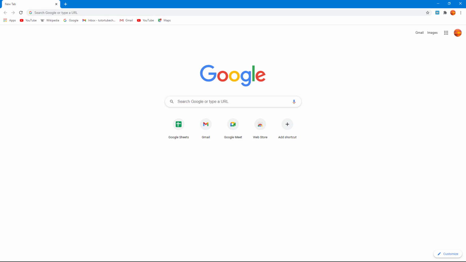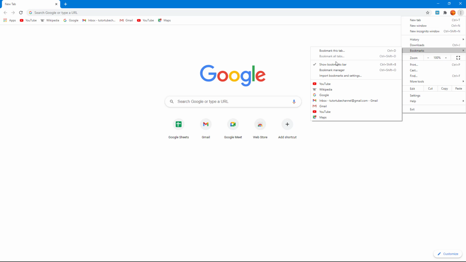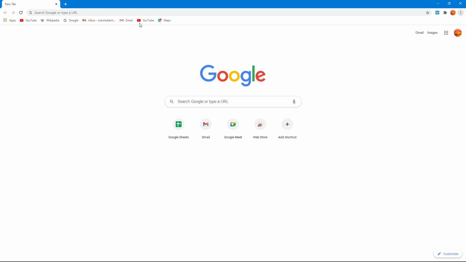If you want to merge PDF files, then there's an extension that can help you with it. So to install that extension, I'm going to go onto the web store, and to do that, you can enable the bookmark bar by going to the three dot icon, going into bookmarks, and then clicking on show bookmark bar. In my case, it's already there, and you will be able to see this apps icon